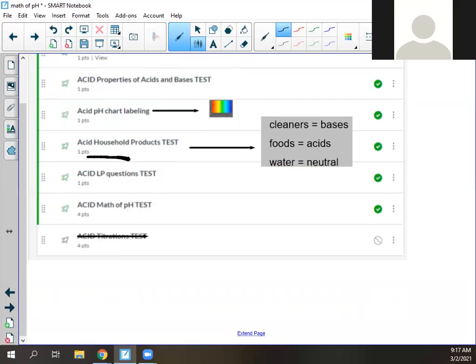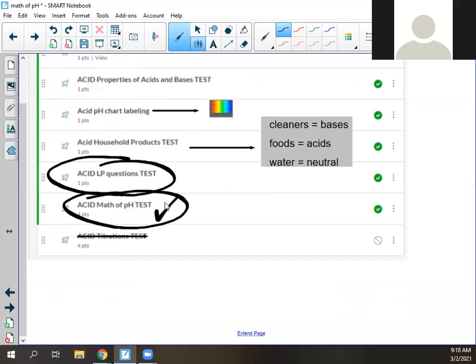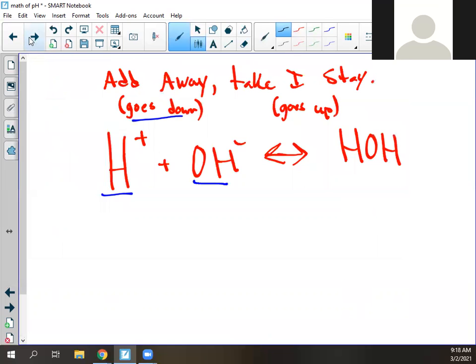Okay, we'll review this. There's Le Chatelier's principle questions on this. They're not awful. We're going to review them in a minute. And then yesterday we did this quiz and then reviewed it. I will review this as well in the next little bit. Okay, so, and then this is off the test. I changed my mind. So let's talk about Le Chatelier's principle and what it has to do with this chapter